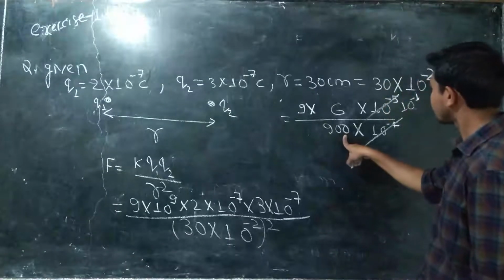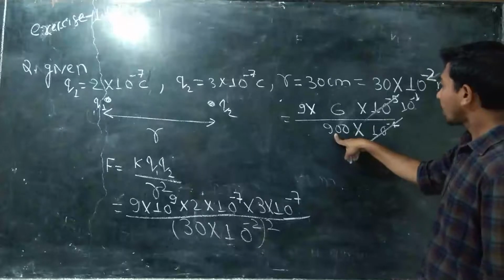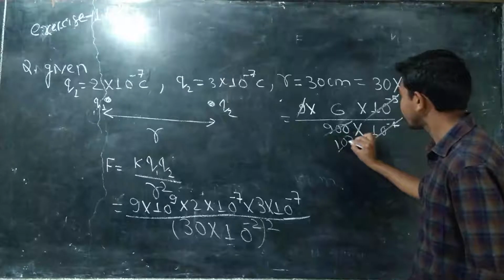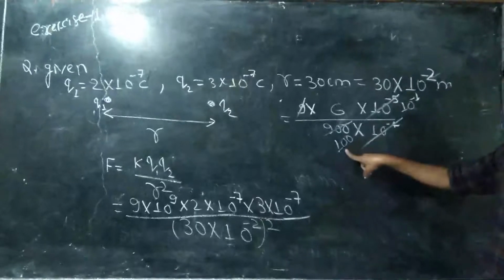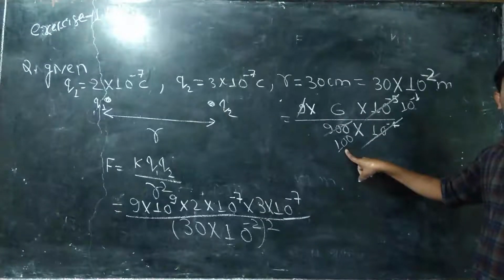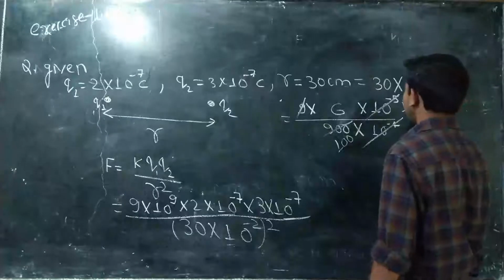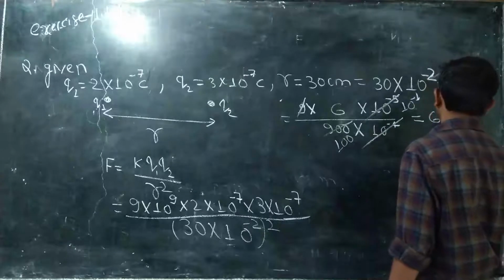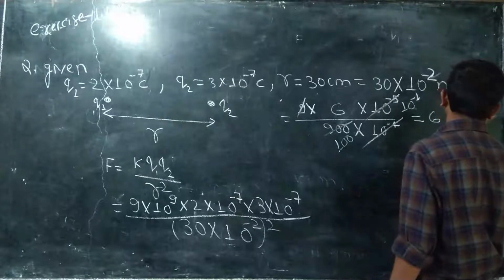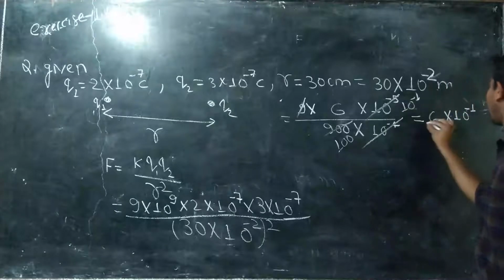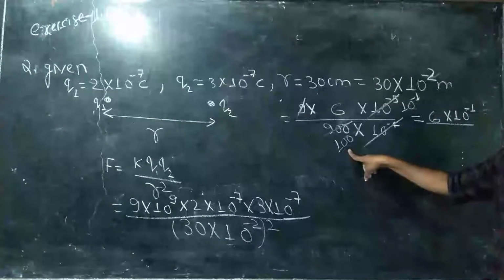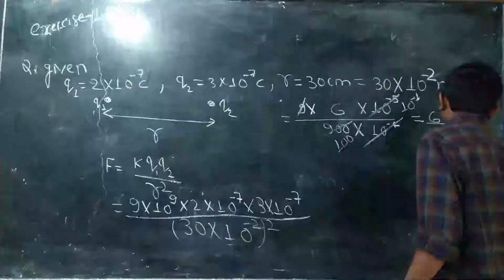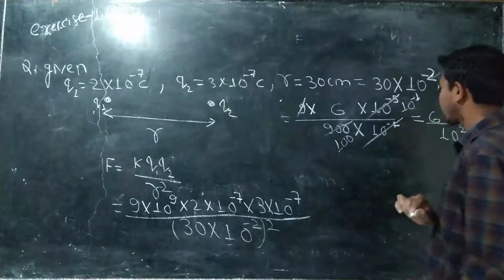Now see, this is how much? If I am going to divide this two, here how much will come? 100, right? 100 can be written like 10 to the power 2, right? So further I am writing here 6, right? 10 to the power minus 1, right? And in denominator, what is present? 10 to the power minus 2. 100 can be written like 10 to the power 2, now, right? So 10 to the power 2, right?